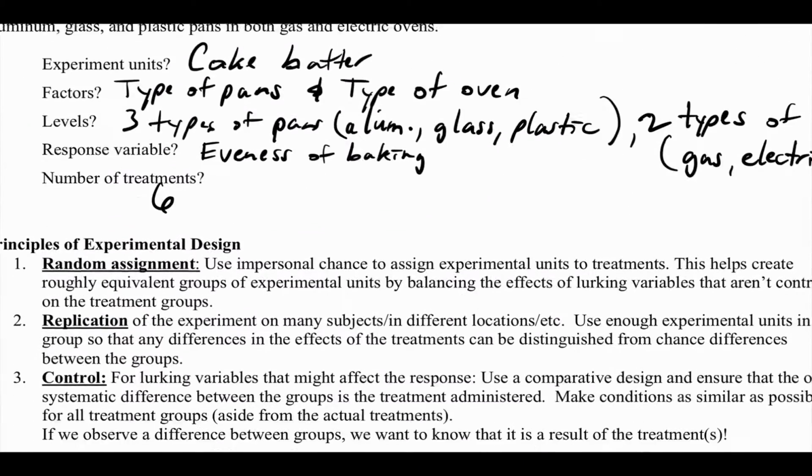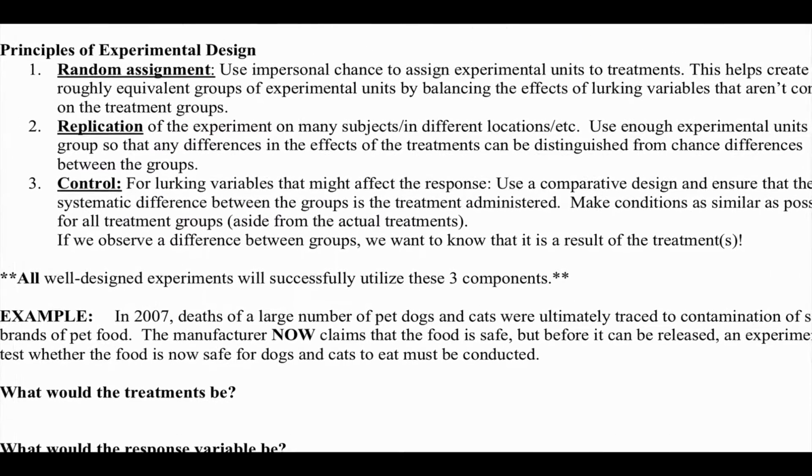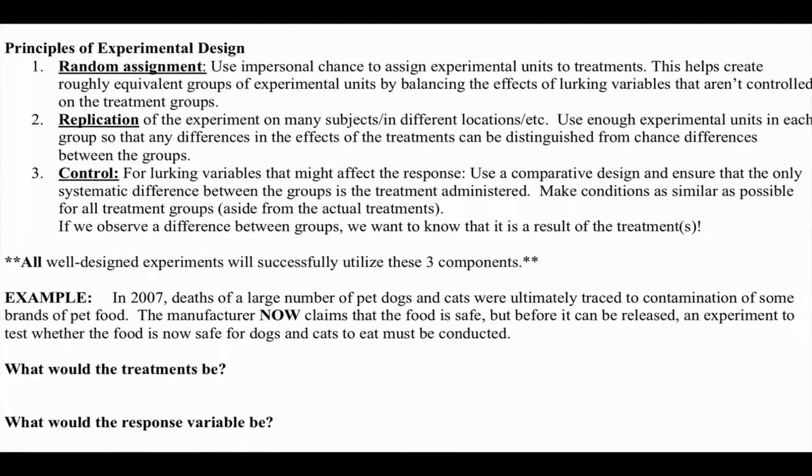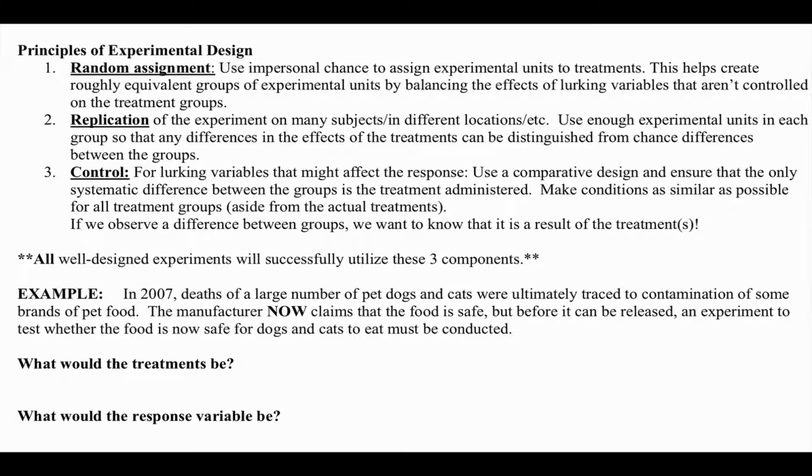All right, so what are the parts of an experiment or experimental design? There's three big parts. Random assignment: use impersonal chance to assign experimental units to treatments. This helps create roughly equivalent groups of experimental units by balancing the effects of lurking variables that aren't controlled on the treatment group. So if you do a medical experiment,